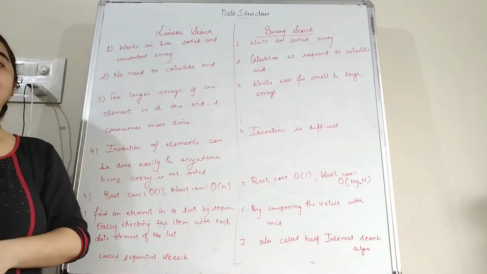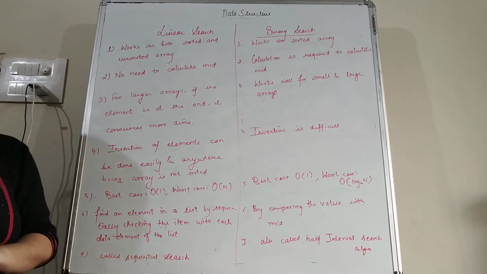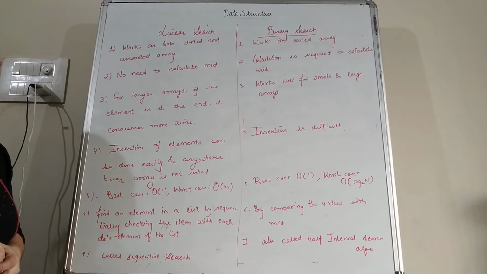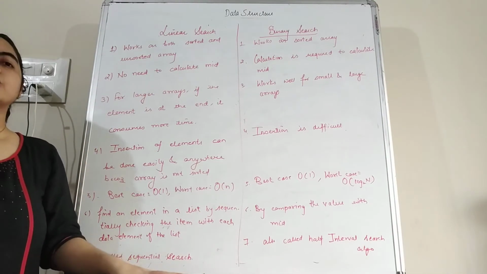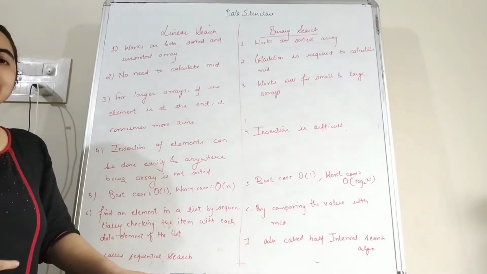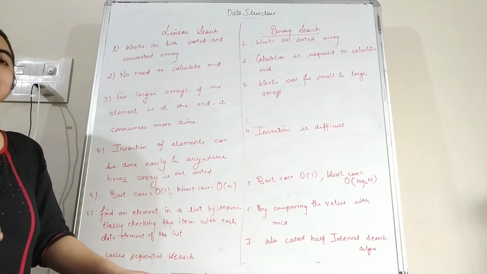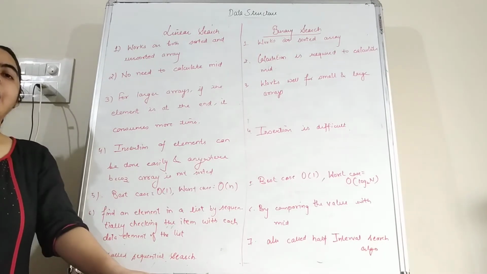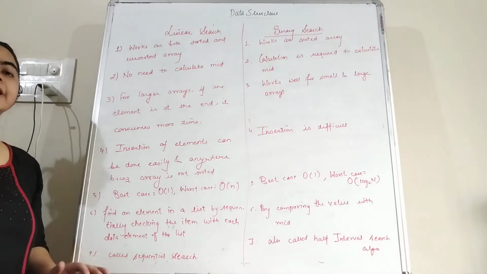While in case of the binary search, initially we have to sort the elements, only then can we search the data element from the list. Second is, there is no need to calculate the mid, because in case of the linear search we are only comparing the data element that we are going to search with the elements that are present in the list. If the match is found, then the location will be returned, and if the match is not found, then we start again with the next element.